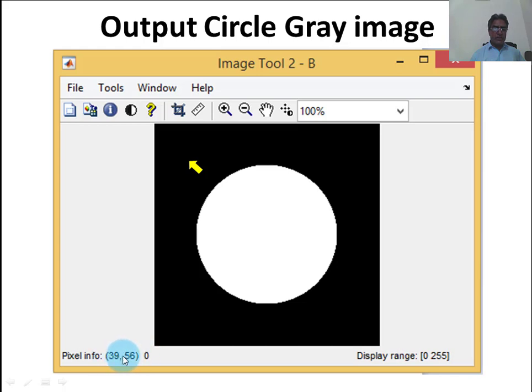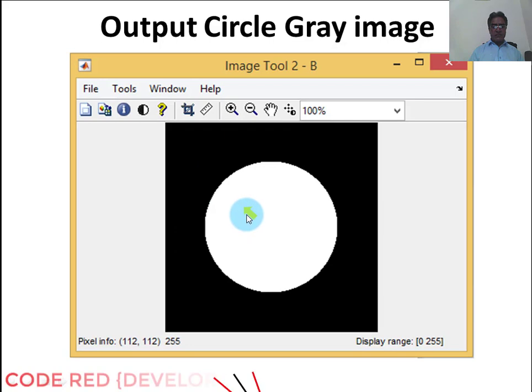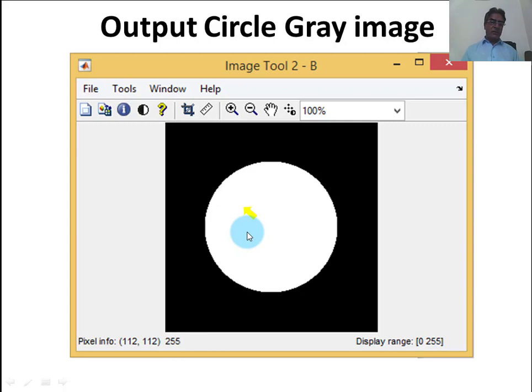This is the position of the pixel, and this is the gray value of the corresponding pixel. And when we move this cursor to this white shade, it shows that the position of the pixel in the white area is 112, 112, that is row 112, column 112, and the value of this pixel is 255. The white pixel value here is 255, the final value.